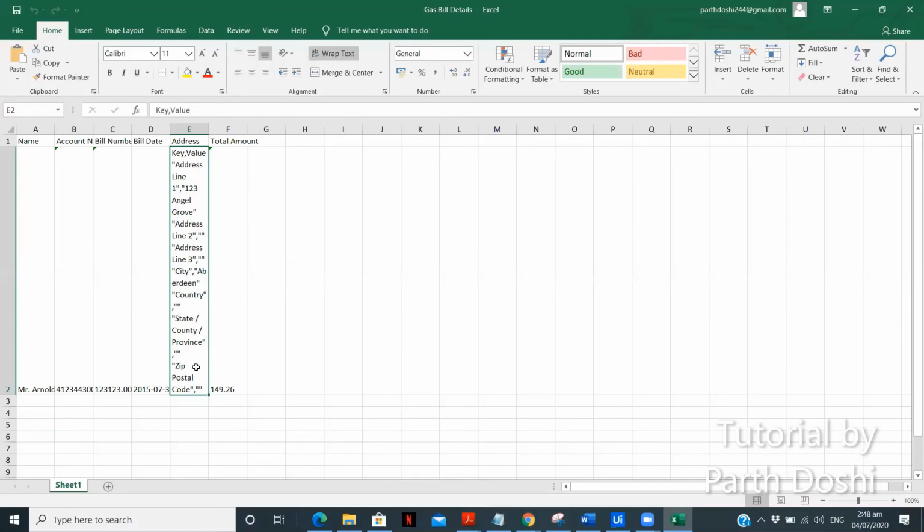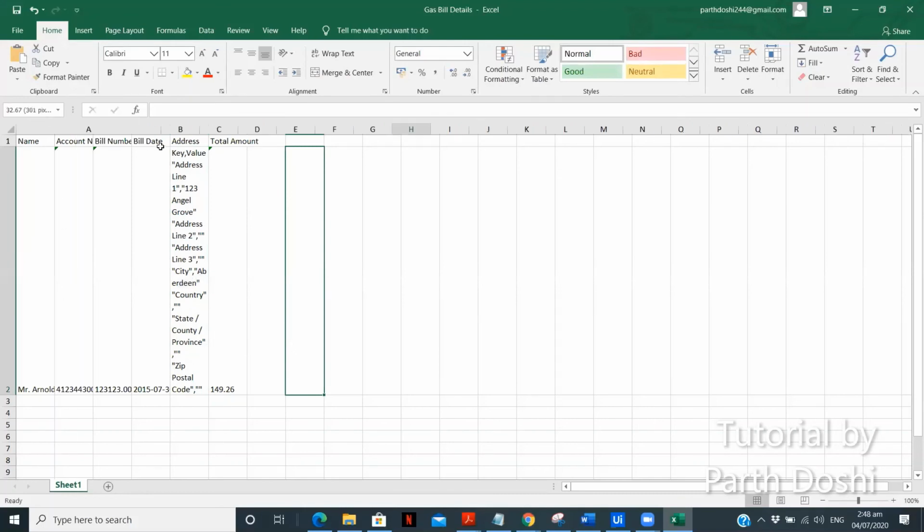Here, as we see, most of the data was missing, like the state, province, and all that. We were able to extract the first line, the Angel Grove, then the city name, Abdrin, and those were the only details we were able to extract from that, and other details we have properly with us.